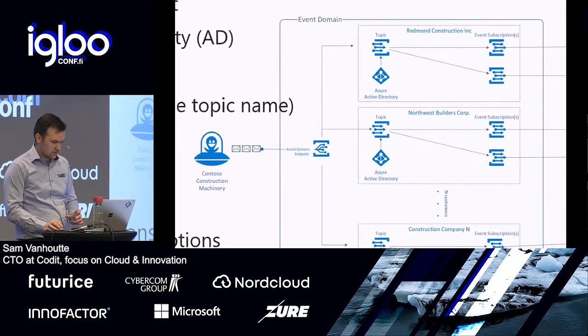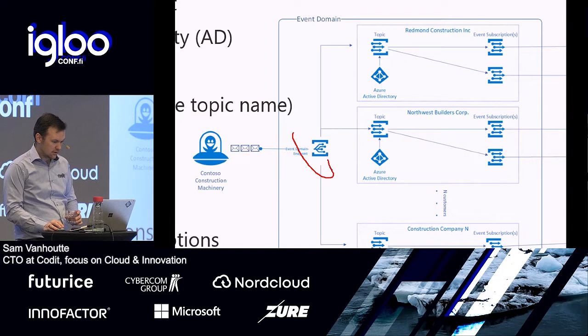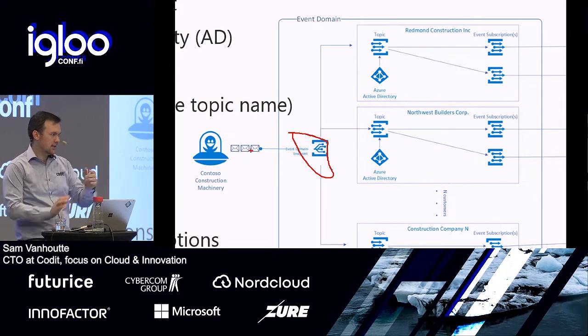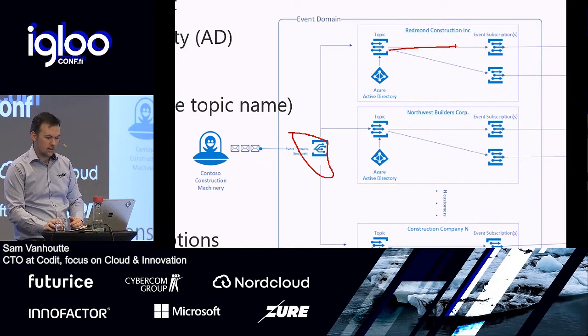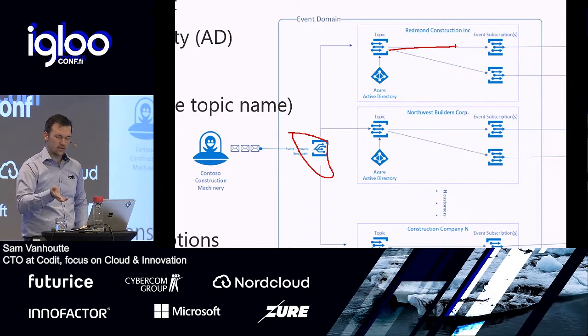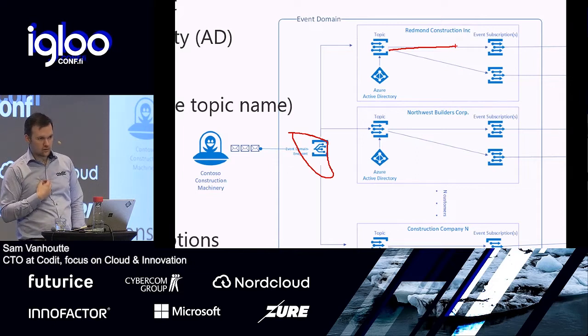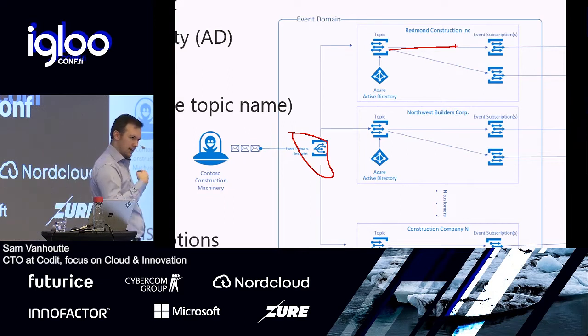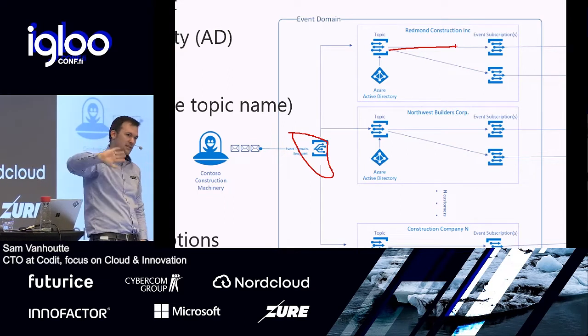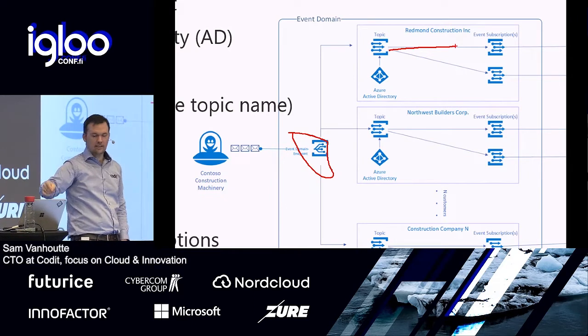So you publish to this domain-specific endpoint, and from there, because I have specified in my publishing event that it has to end up at topic 5, for example, it will be routed to the Redmond construction in this case. What I would love to see, though, is that I can just have it published to an event grid domain, and that I can specify the routing logic on the domain, because as a publisher, I don't want to know where the message has to end up. And that's what I don't like.